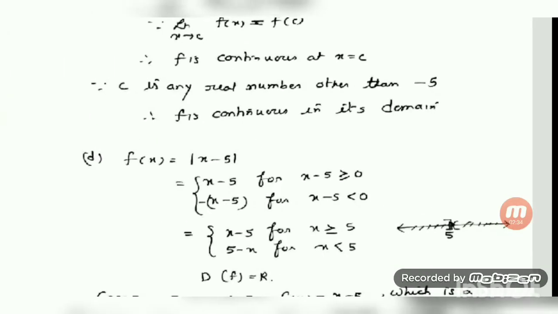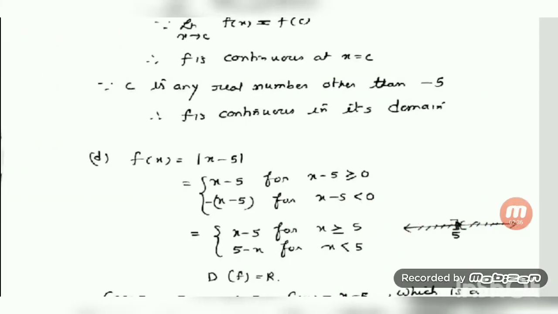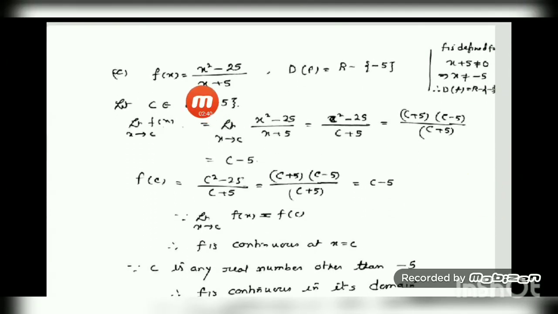Now let us go to the next question, number C. And your question is, just a minute. Okay, so your question is f(x) equal to x square minus 25 by x plus 5. Again, this is also a rational function. So first you have to find out its domain. Domain is defined for denominator not equal to 0. That's why here I have calculated denominator not equal to 0, which means x is not equal to minus 5. So from the set of real numbers, we have to subtract minus 5. That is the domain. Domain of f is equal to R minus within curly bracket minus 5.